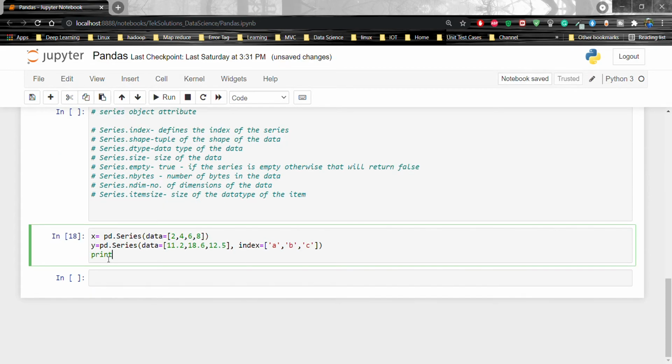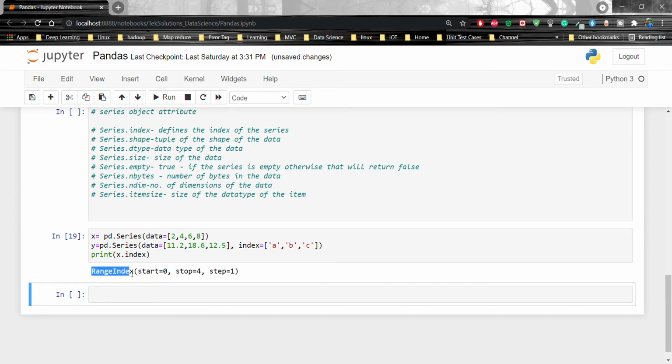So now I am going to print x dot index. What will it print? It will print RangeIndex start from 0 to 4 and step by 1. Means it will go one by one, just like 1, 2, 3 and 4.